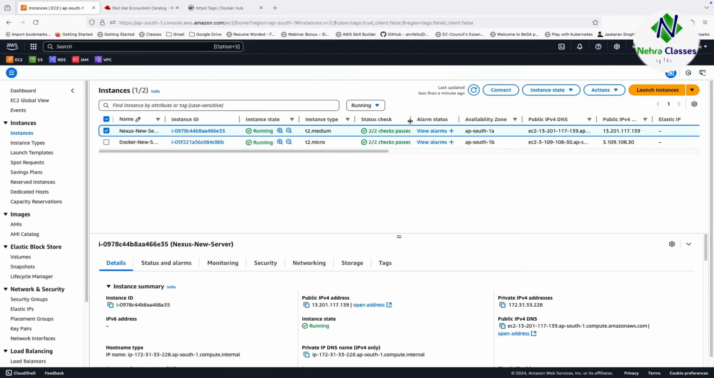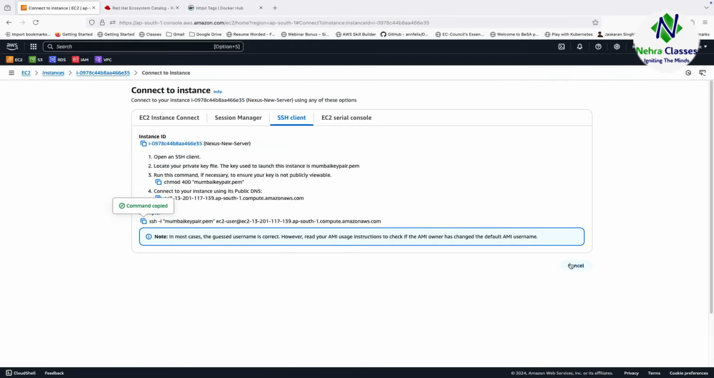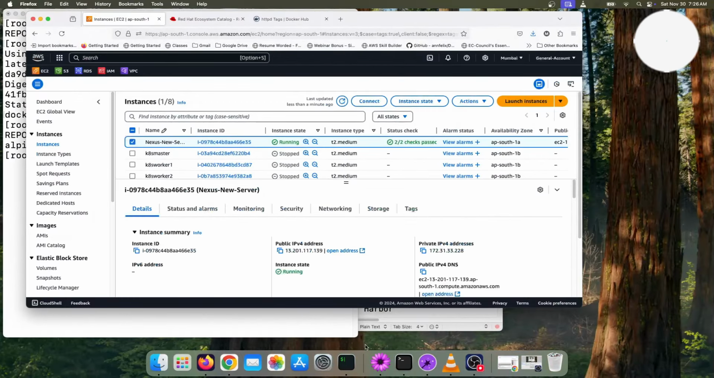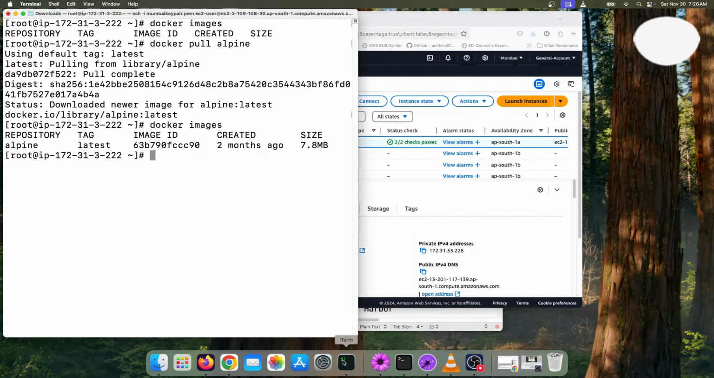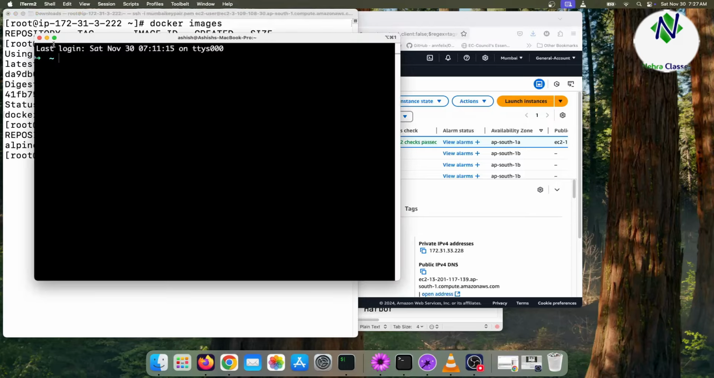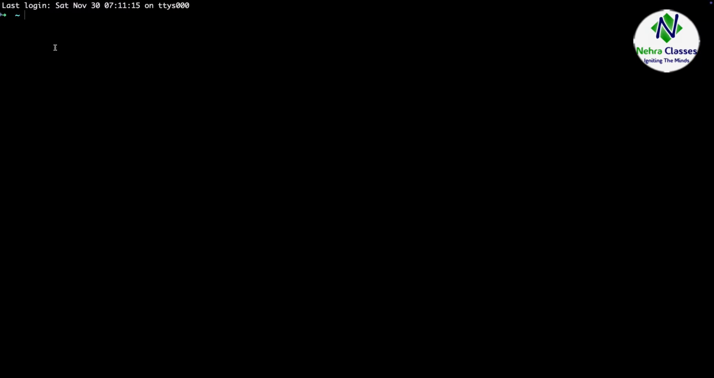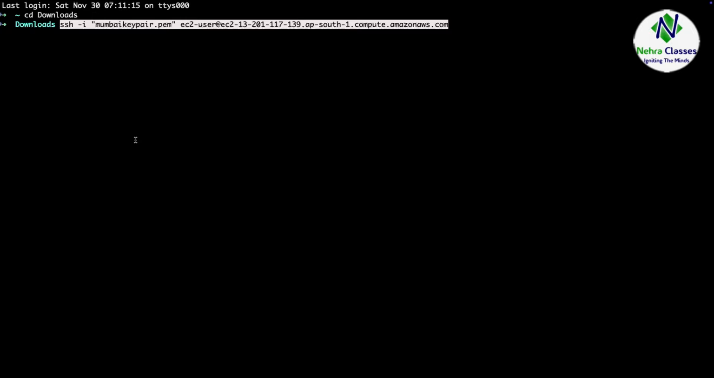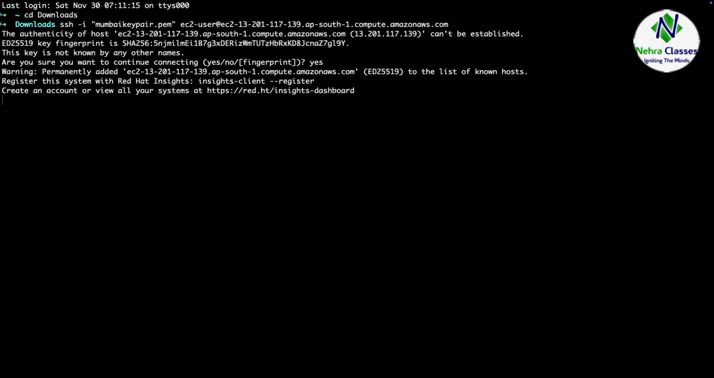So let me connect to this and copy paste this command. Docker I am running in this white terminal, and for Nexus I will be using this black terminal, so that you can easily differentiate which server is in which terminal. So this one is the black terminal for Nexus. In the downloads folder I will copy paste this, and right now I am inside this server. Let me switch to root,